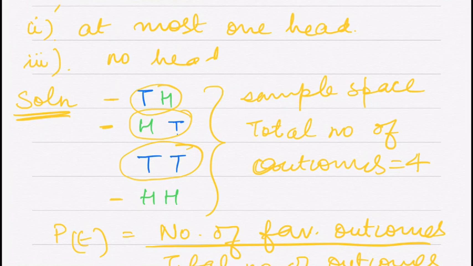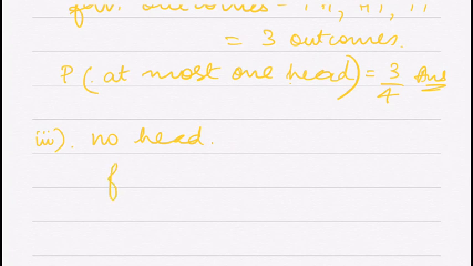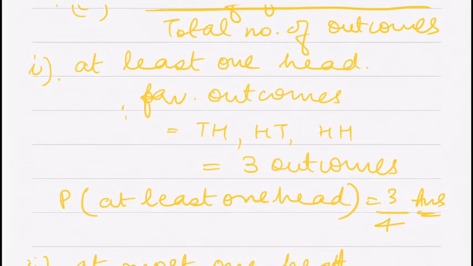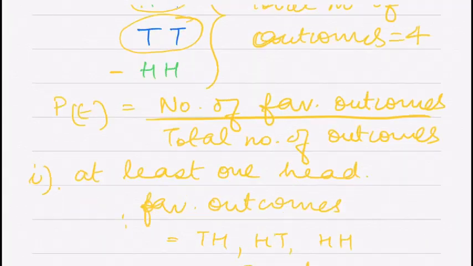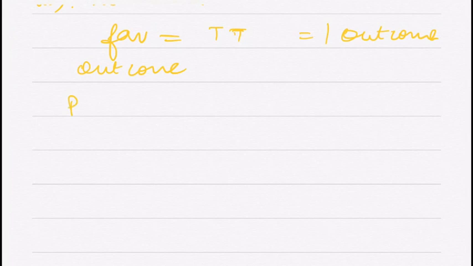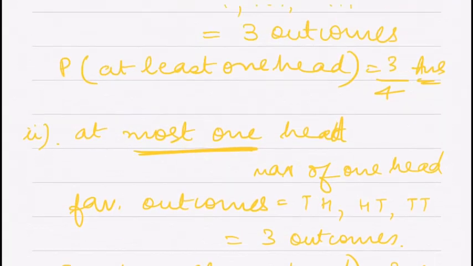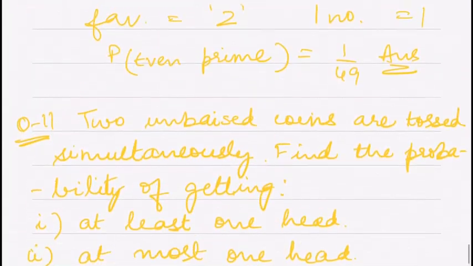Now the third part is no head. No head means which is the outcome which has no head? This has a head, this has a head, this has a head. So only one outcome, right? My favorable outcome will be tail tail. So only one outcome out of 4 outcomes, the one that has no head in it. So my probability of no head will be equal to 1/4, right? Okay, so now we are done with our